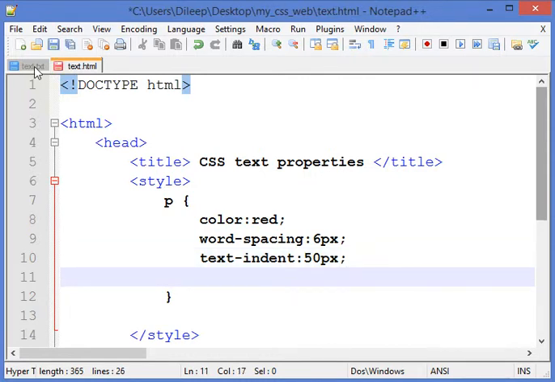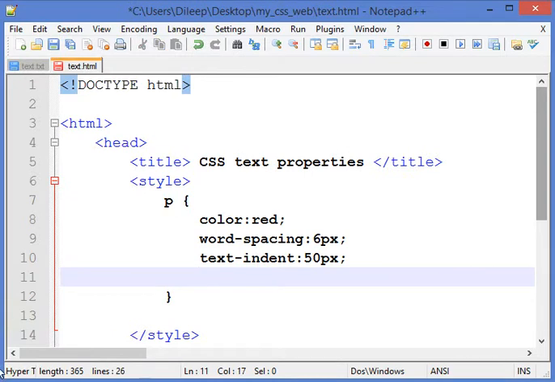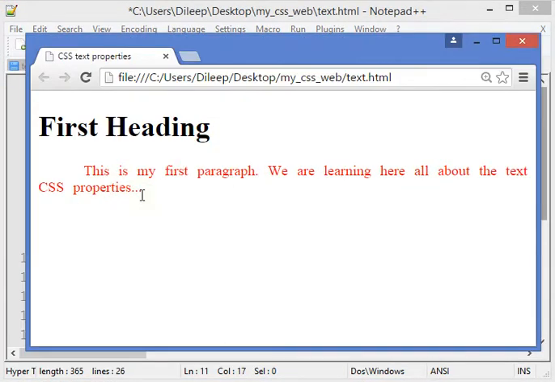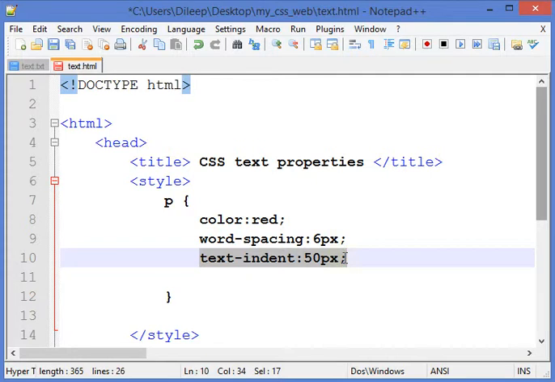So now let's see another property, that is text align. By default the text is aligned to the left, right? I'll remove this property for right now, and let us use text align now. By default it is left align, right?